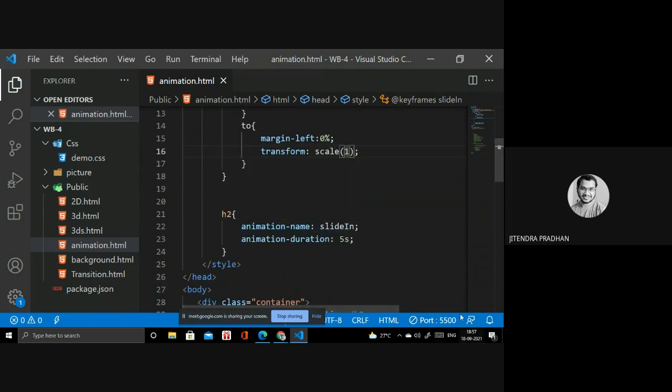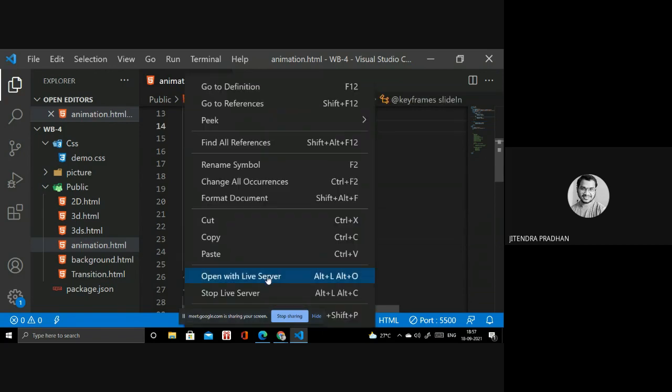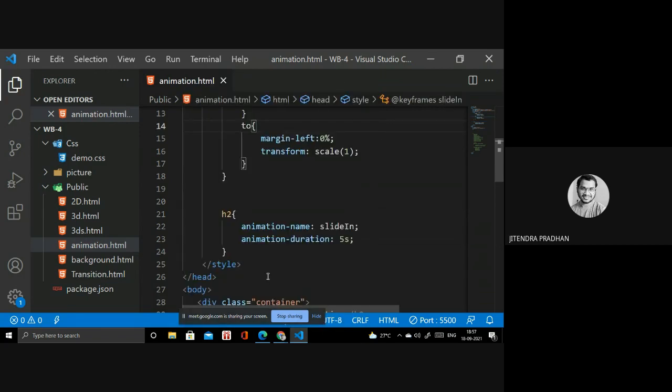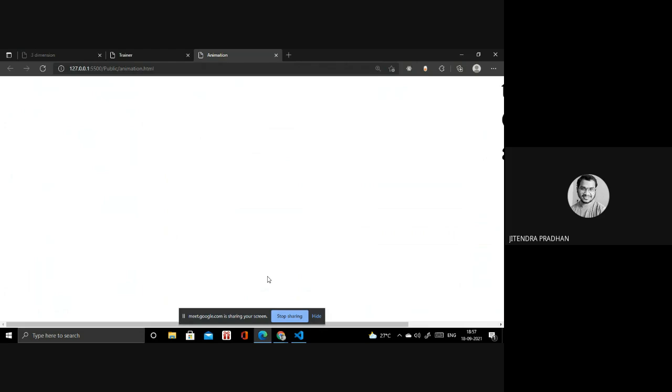Let's open that one. What is the animation we have done? It will move from the right side to the left side. In that, the font size will decrease as it moves from right side to left side. Okay, this is the animation we are using for that.